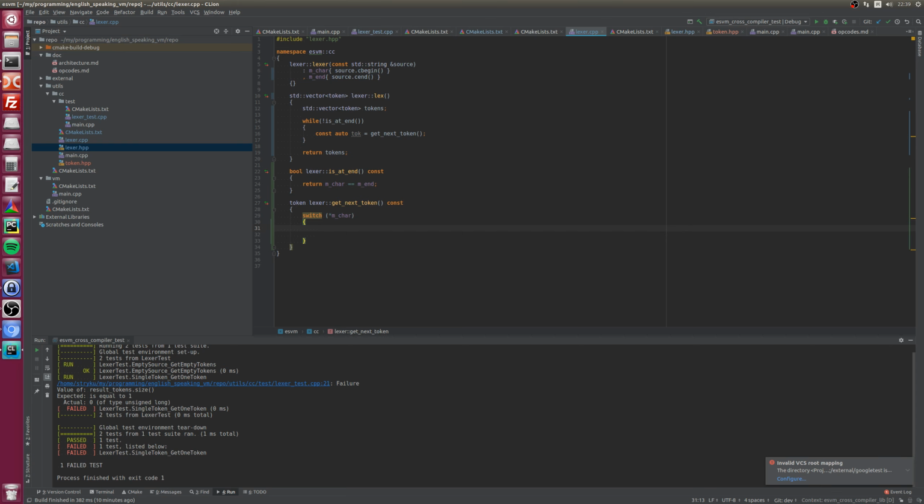If current is comma, let's say get one char token, and it's going to be comma.